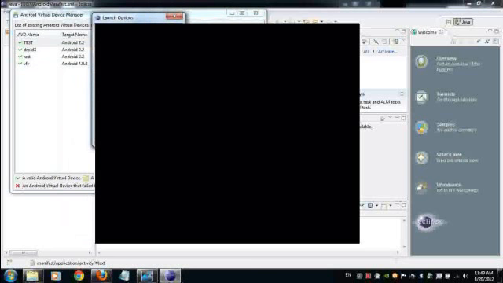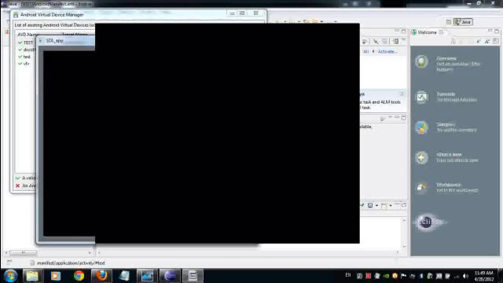Depending on your screen size, you have to scale it down. So I scale it to 6 and launch it. There you find